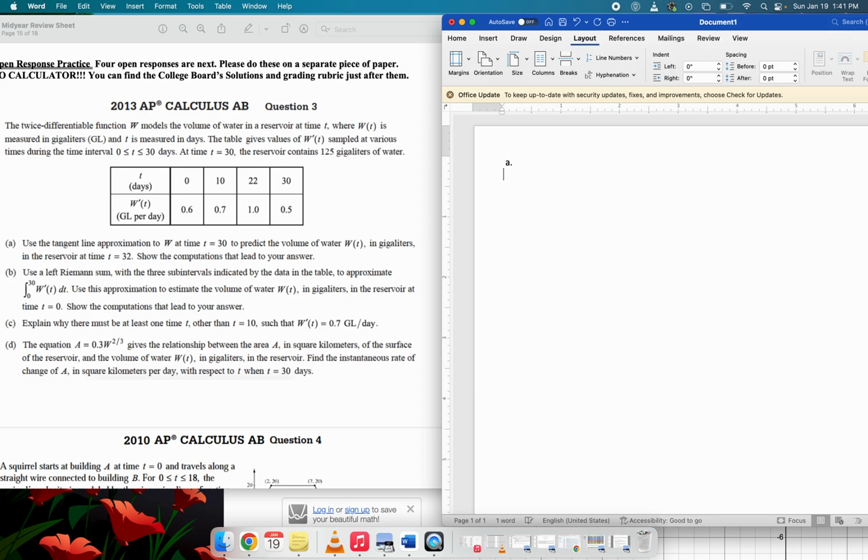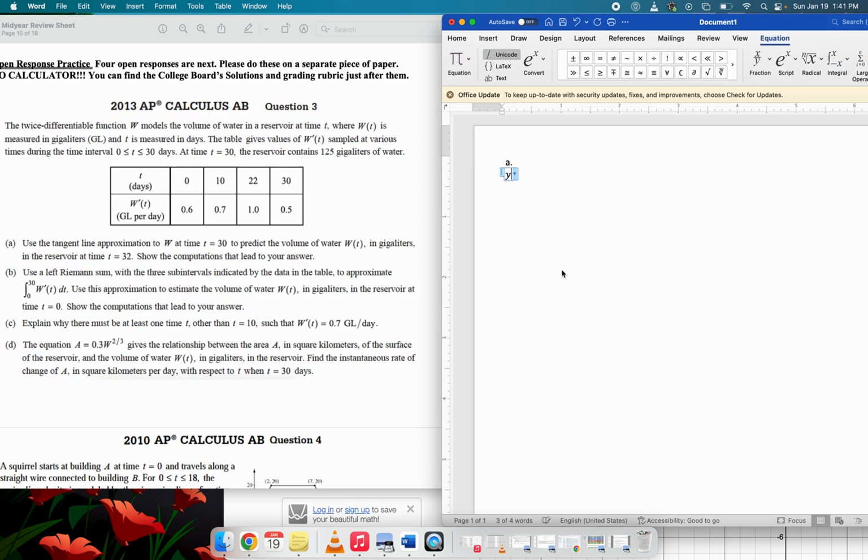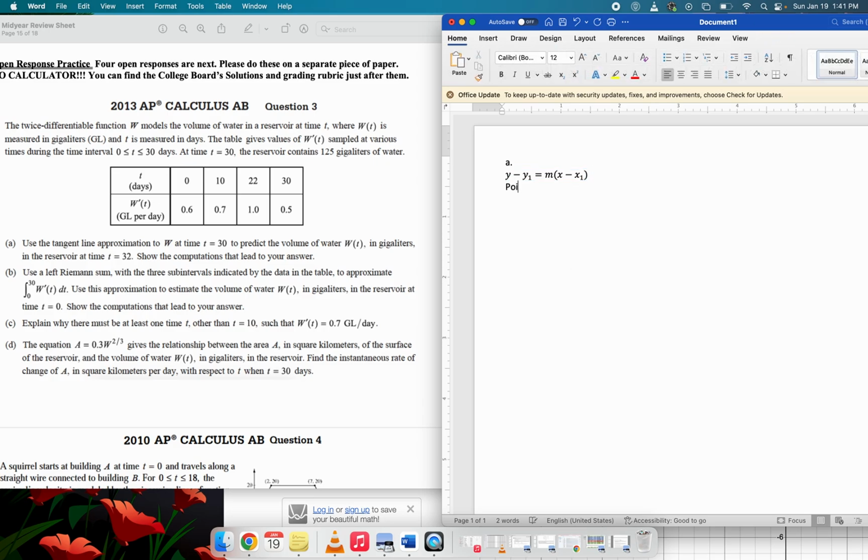Well, anytime you need to write down the equation of the tangent line for any function, your first move is to just write down point slope form, which is y minus y1 equals m times x minus x1. And to use point slope form, you need two things. You need the point and you need the slope. Of course, we're trying to do the equation of the tangent line to the function w. So the point on the line is going to be